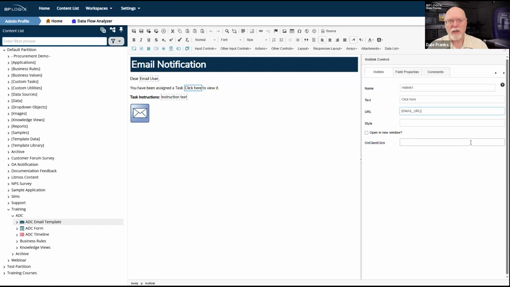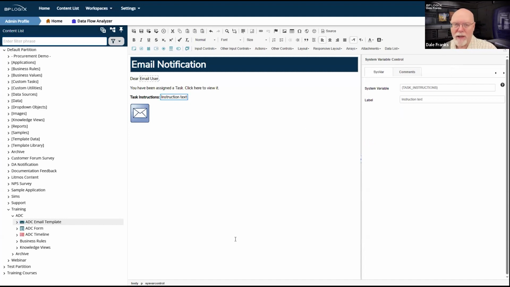Now, anonymous users get a different link with some special sauce in it that a named Process Director user wouldn't get. So we want to send a link to the email URL so they can access their task. They can click on the link, they can open up their task and complete it as necessary. I also need to put in the instruction text, because the instruction text is the task instructions that they need to follow for the email. So that really does need to be part of the email notification for everyone who is going to complete a task.